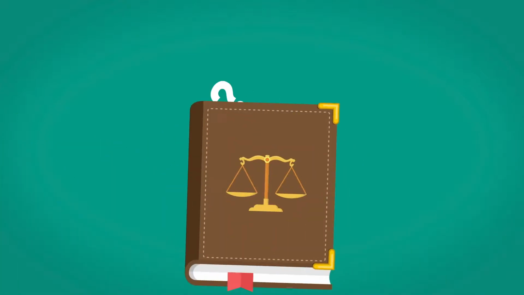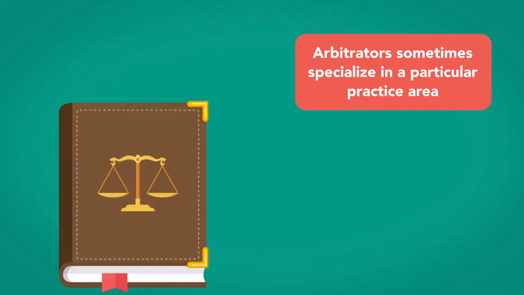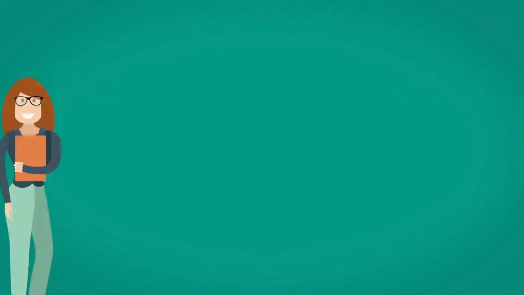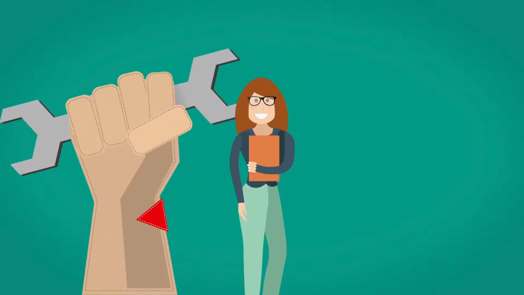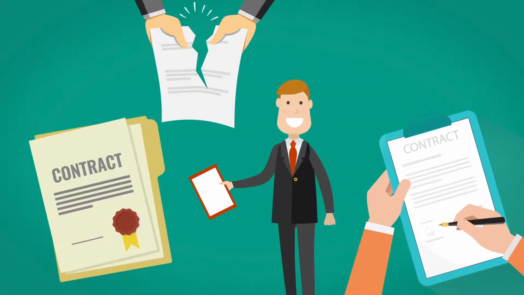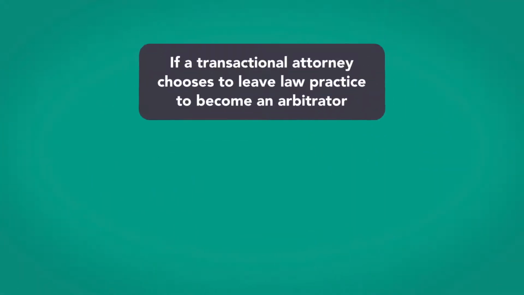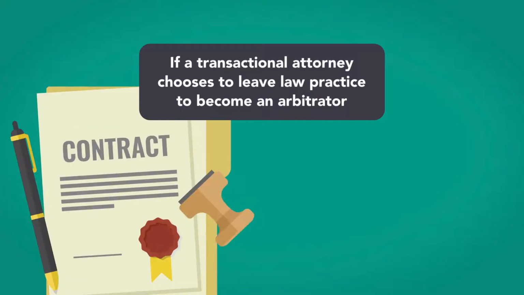Due to the complex questions of law that are often involved, arbiters sometimes specialize in a particular practice area. For example, one arbiter may hear cases involving labor and employment disputes, while another may only work on contract disputes. These specializations can develop from education, experience, or a combination. If a transactional attorney chooses to leave law practice to become an arbiter, for example, he may choose to solely